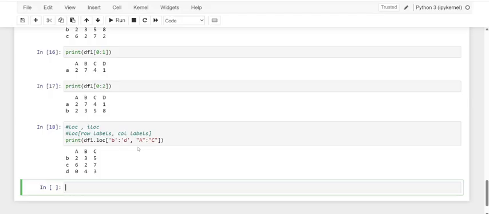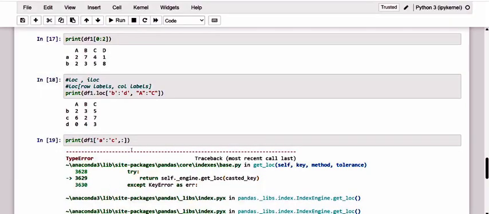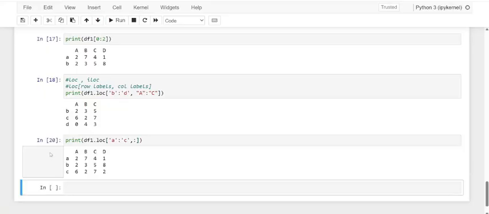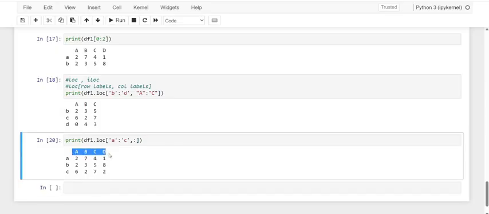If on the other hand you want to select the entire range of columns or rows, just write the slicing operator as it is. Kindly have a note of it. So print of data frame 1, and here I'm just going to give A towards every column, just to see every column. Oh sorry, one second, I just didn't use the loc. So see here, every column we are just getting.